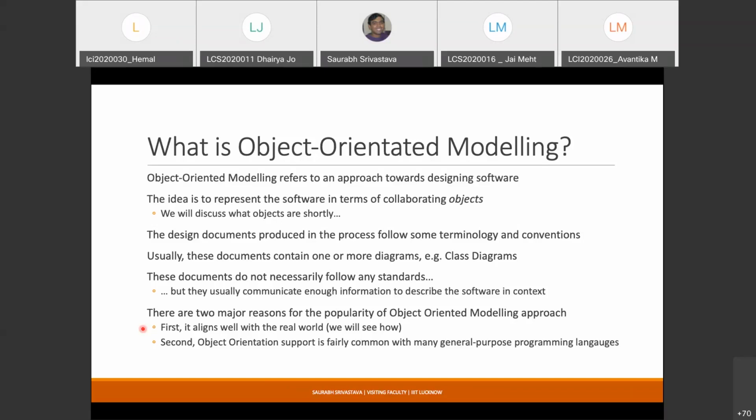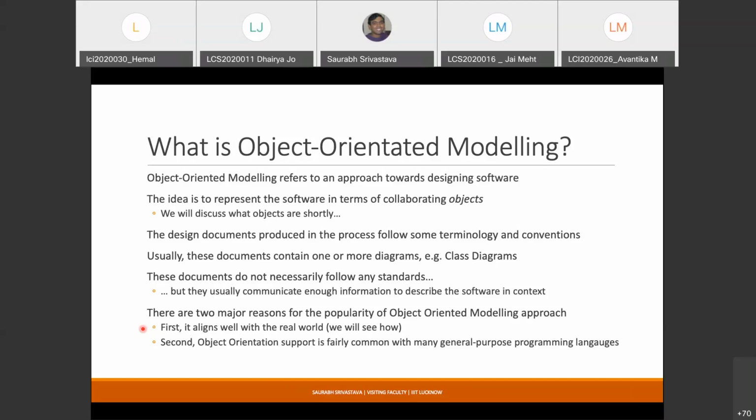If you realize, as we said, there are three entities there: a student entity, a course entity, and a faculty entity. There will actually be many more, by the way. But you can see that there is a one-to-one relationship with the entities in the real world, right? In the real world also, you have students, faculty members, and courses. So one of the major reasons for object oriented modeling is that often it is a more straightforward mapping. Whatever is there in the real world, you say this corresponds to an object in this object oriented arena. This is why the overall alignment with the real world is better.